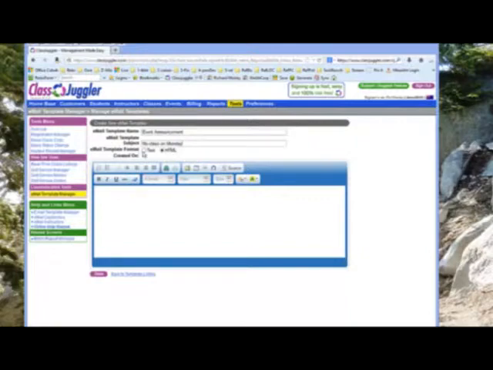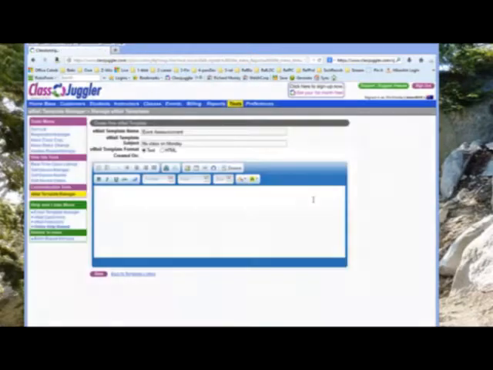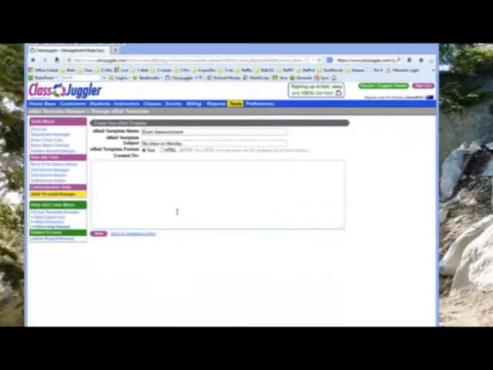Then you decide if you want to send a text message or HTML based. HTML means you're going to be able to add things like bolding, you can see down here, or italics or underlining. We'll look at that, but first let's look at text. Are you sure you want to? Yes, we're sure, so I click OK. The reason it's asking you that is if you had already created it and you are now editing the template, anything that you had created using WYSIWYG features such as bolding and so forth would go away, because text is that, straight text. So we'll send out the message,